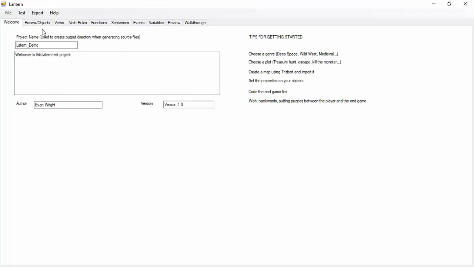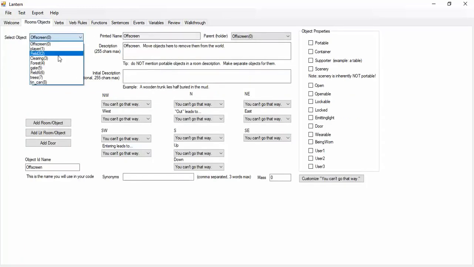All right, so let's take a look. You can see here there's our project directory Lantern demo, welcome to this Lantern test project, and the author's name got carried over. Let's go look at our rooms. So here in this drop down you can see all the rooms. You get 3 objects by default. You get an object called off screen. That's kind of the root object of everything in the world. The world is implemented as a tree structure, with off screen being the top. All of the rooms hang off of off screen,